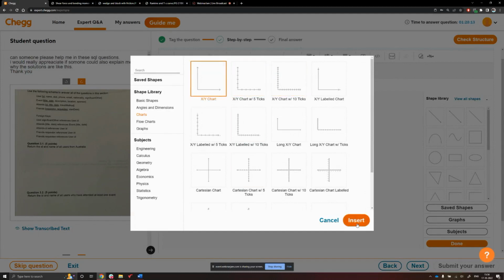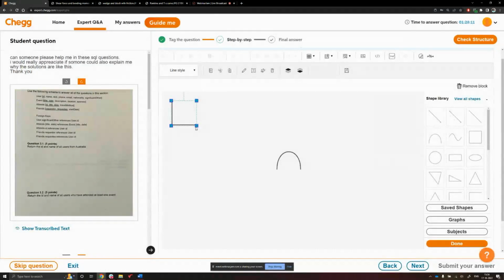Click on XY chart, click on insert, increase the size. And here you notice that the curve is inside this box. So there is no way that you can select this curve without selecting the XY axis first. So a simple fix is click on this and click on send selection to back. So after it goes back, now you can select this curve.